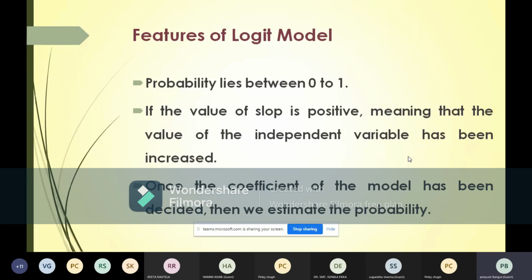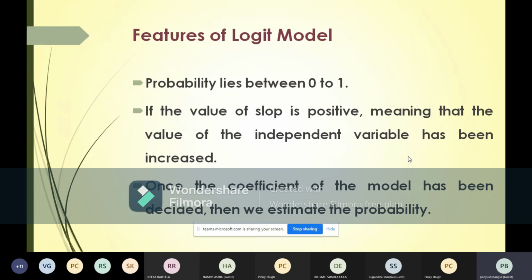Once the coefficient of the model has been decided, then we estimate the probability. After deciding the coefficient, whether it is positive, negative, or whatever it is, there are only two chances: either it should be positive or it should be negative. Then after, we always look for the probability. Why? Because the statistical significance can be judged only by the positivity or negativity. Positivity or negativity of the coefficient can be judged by the probability only. If my probability is less than 10%,